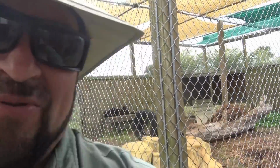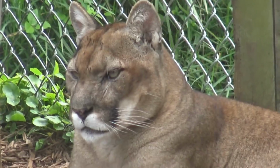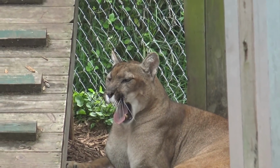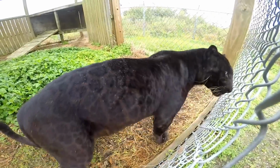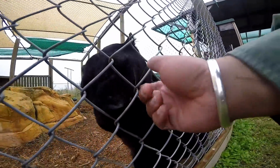All right, guys, we got some really cool animals here. And let me just kind of briefly show you what we have. All the animals you see here, they come from a wildlife sanctuary down south. These animals, at one point or another, they're either neglected, abused, or brought in illegally, and they have been confiscated